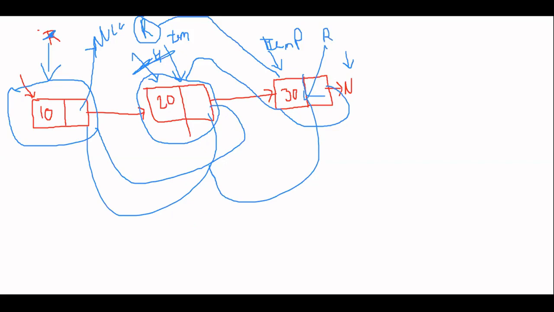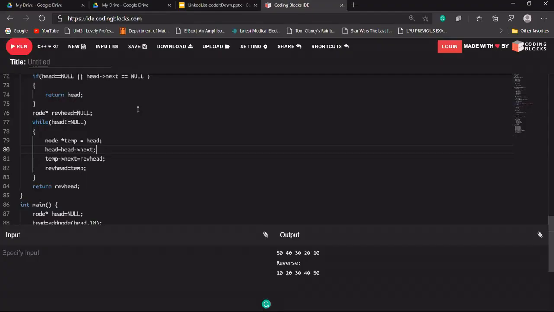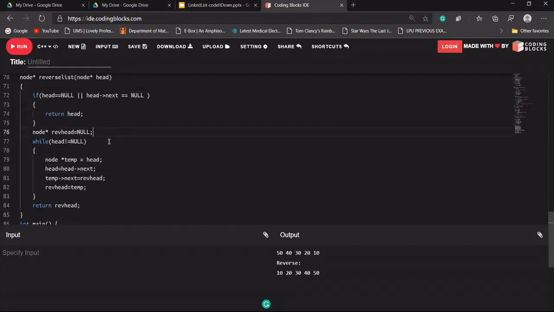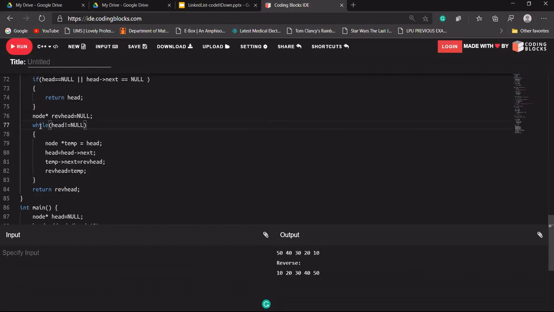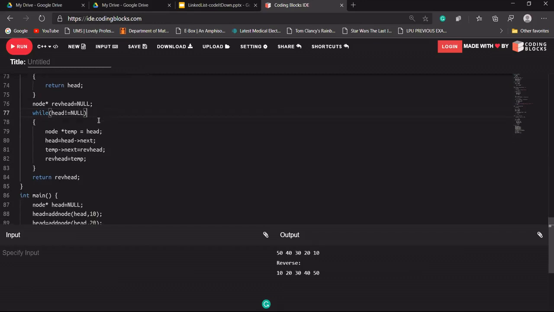Let me show you the code again, guys. Until we have reached the last node of our linked list, we store head's address into a temp variable, then head is updated to head's next, and temp's next, the node we have removed from our linked list, will point to reverse head.